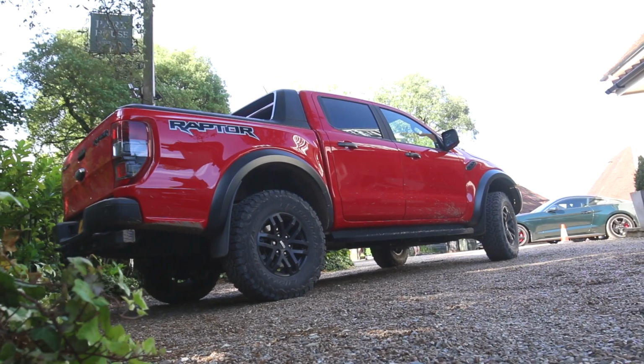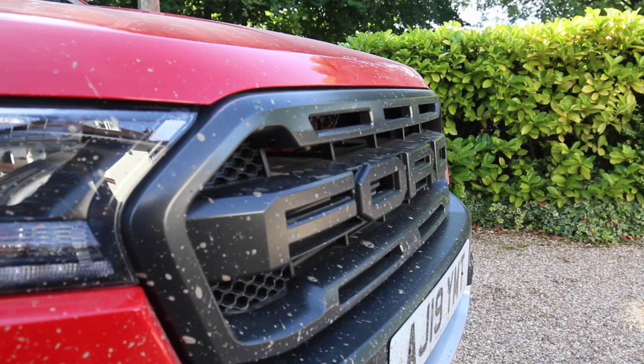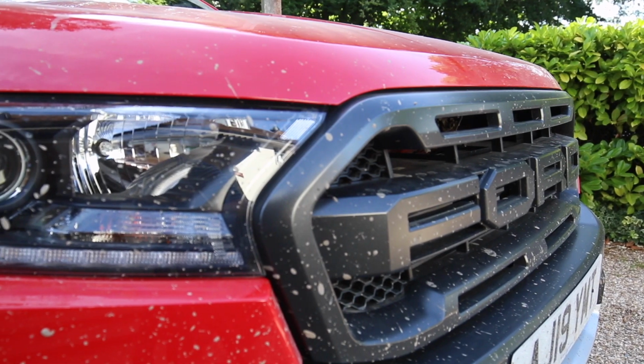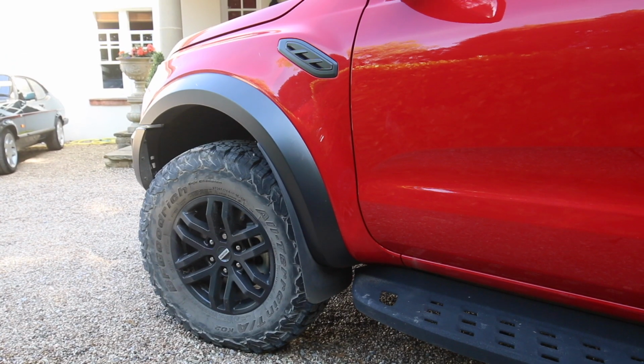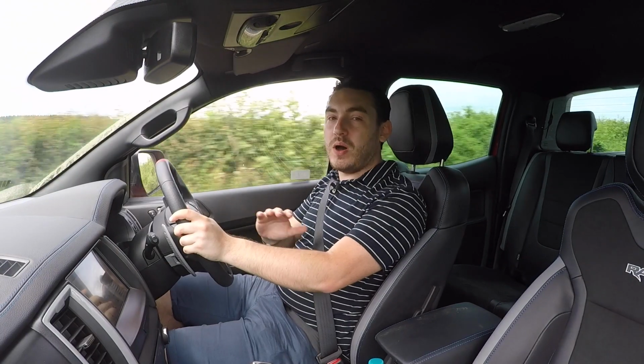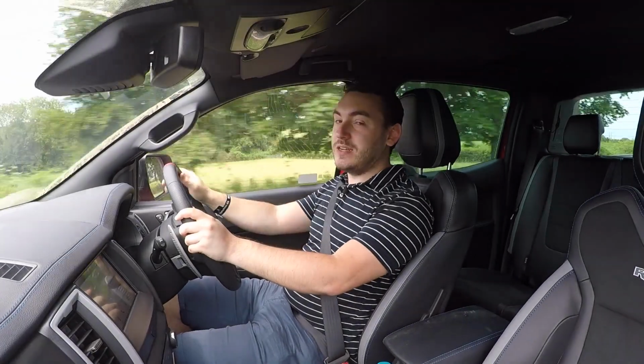But that's not to take anything away from it, because you only have to take one look at this pickup truck and see that it has got some serious attitude. Everything from that great big bold Ford grille, the muscular arches that spill out over the huge knobbly tyres. The car has Baja truck written all over it, and in that respect it can stand toe to toe with